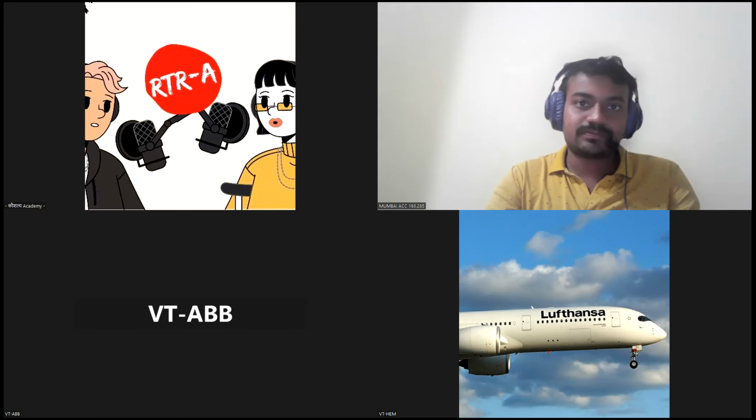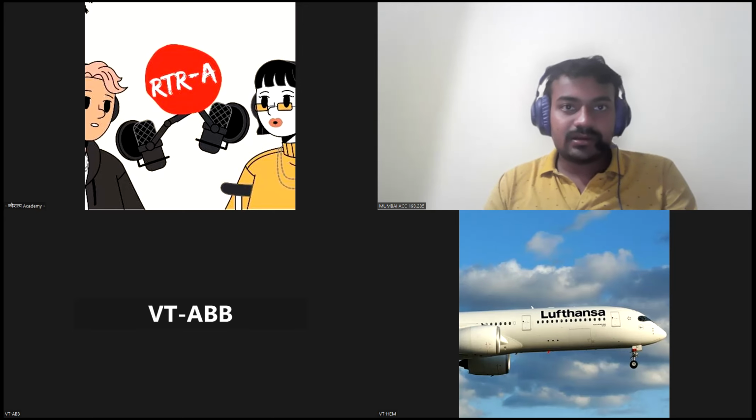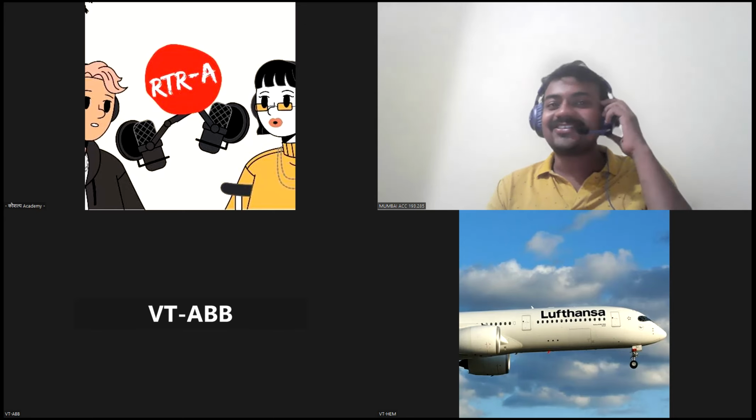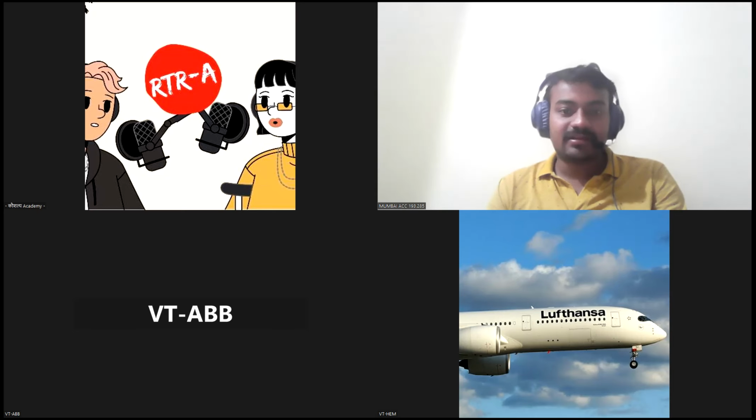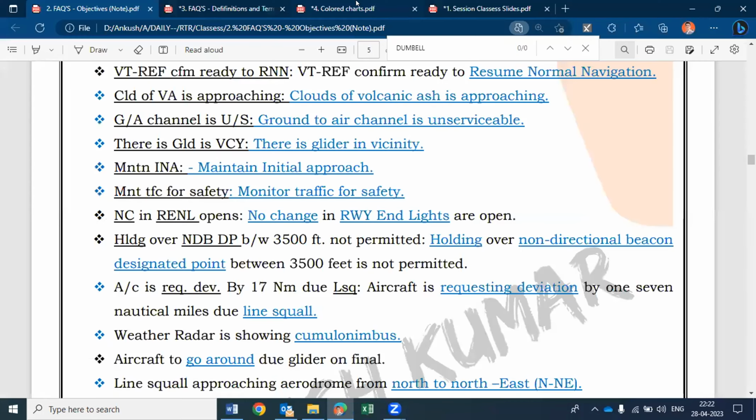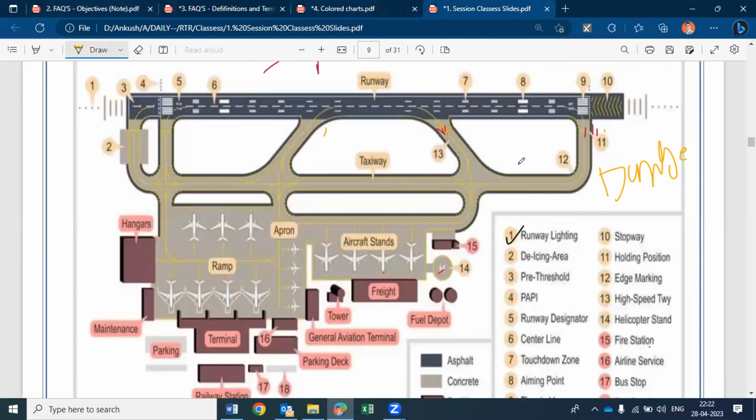No, sir. No idea. Sir, the runway's last area. You may have seen sometimes the last of a runway called a dumbbell area, but that is not the exact definition for that, and that is also not a designated point for that. Dumbbell area means